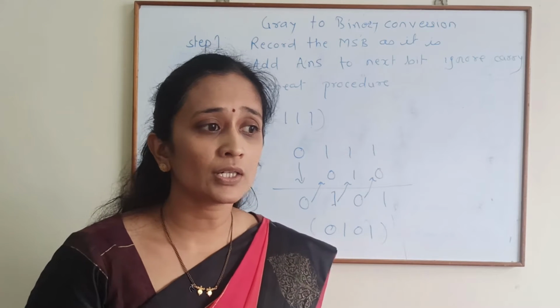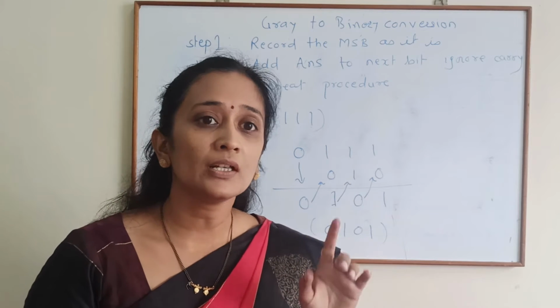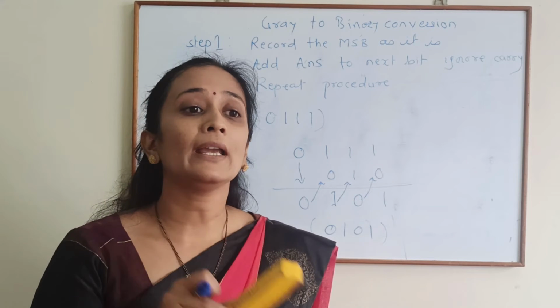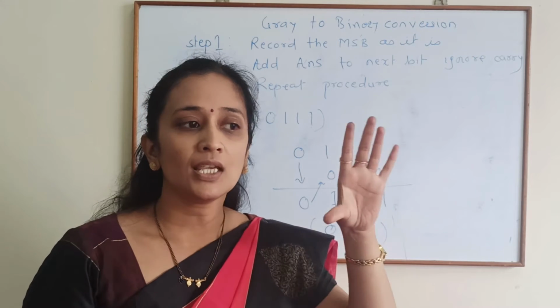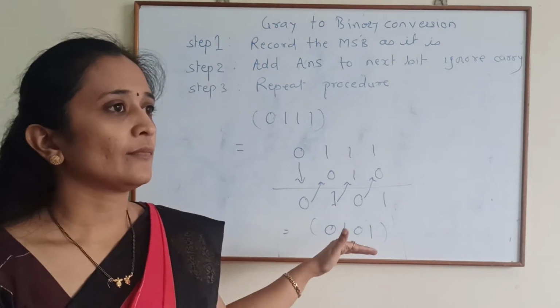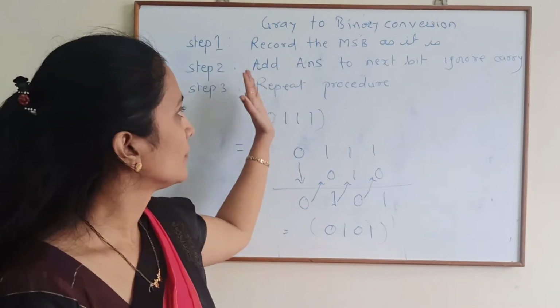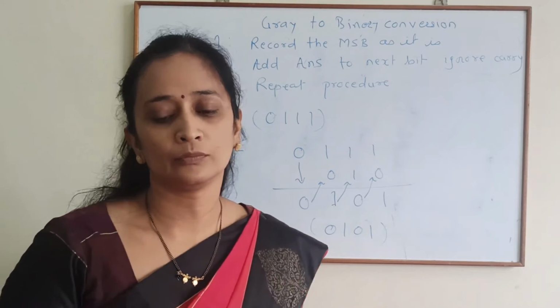Who has invented it? It is an unweighted number system. Why it is called unit distance code, and why it is invented? To reduce the switching in output. These are points you have to write, and in conversion for 2 marks they may ask. Algorithm you have to write, after that solve the example.